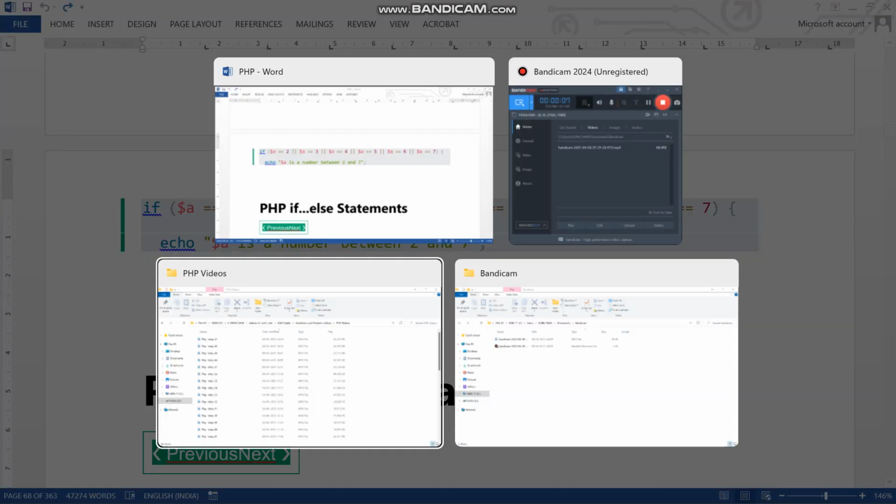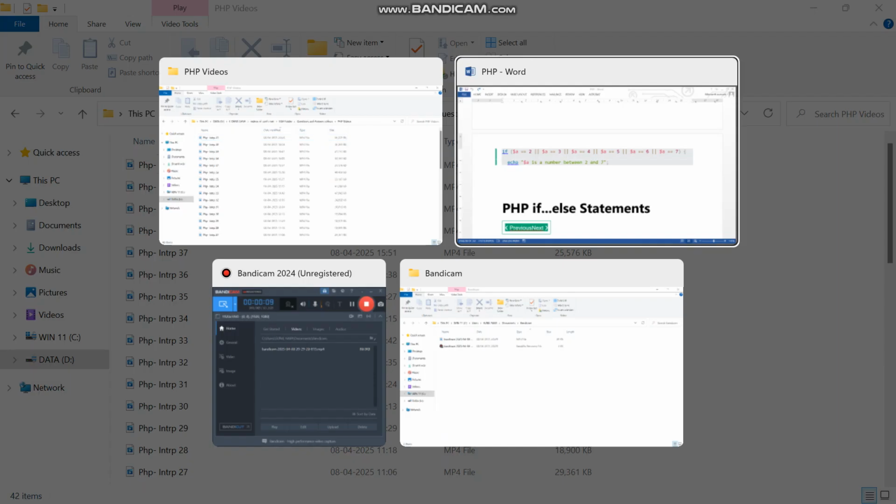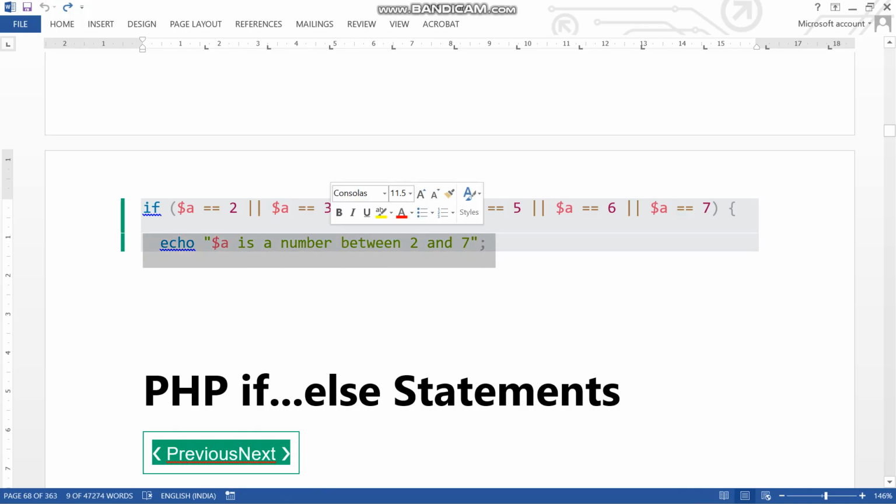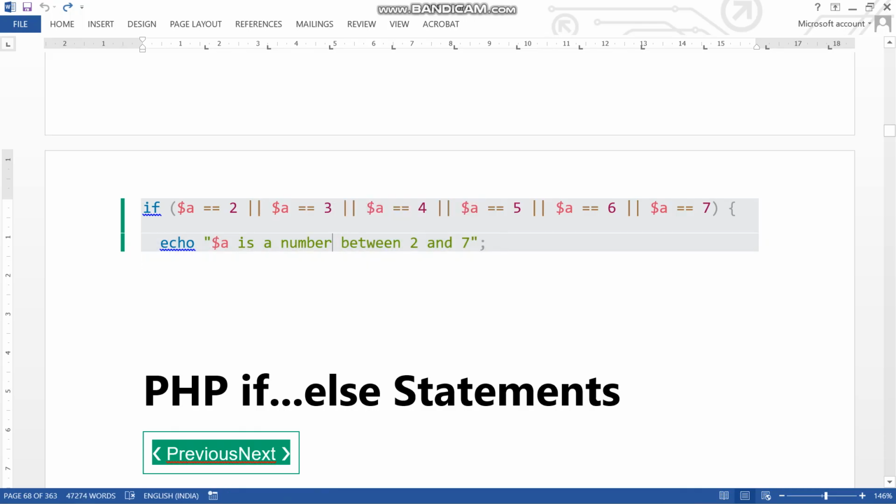This is the 42nd part. So these all are the OR operators. OR means if this condition matches, or this condition matches. So if a value contains 2, 3, 4, 5, 6, 7, then it will go to this condition and say that this number is between 2 and 7.